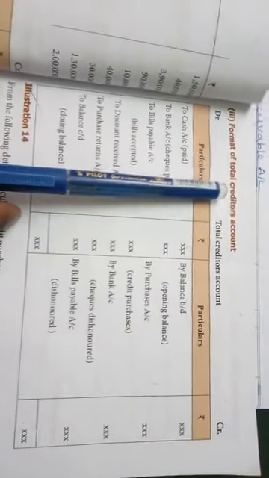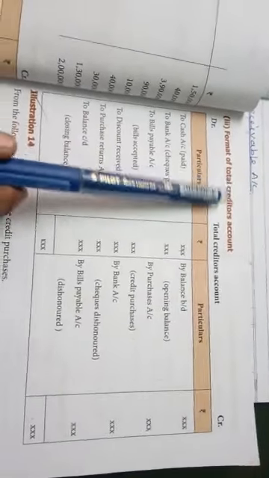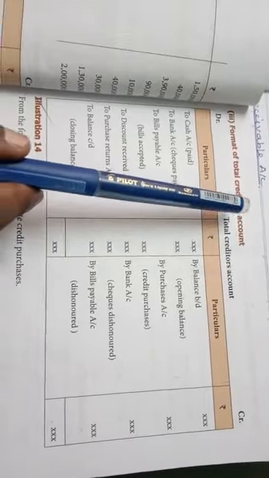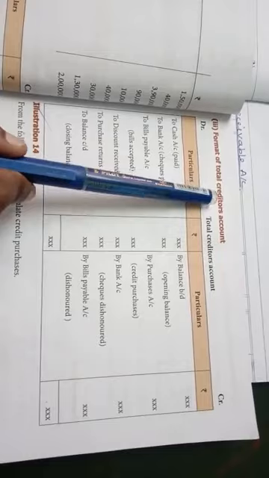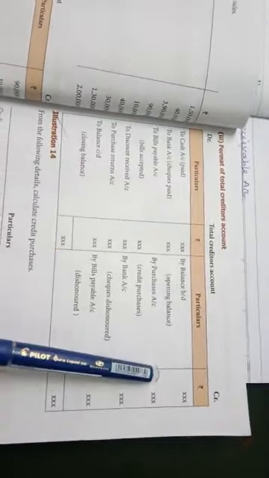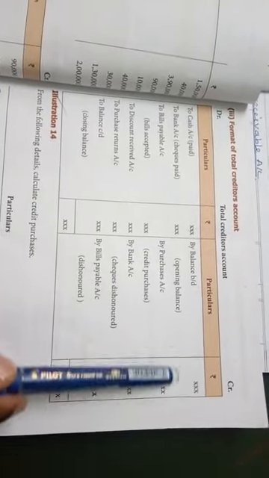First, you should know the meaning of creditor. Creditor means one who supplies goods to us without receiving money. That person is known as a creditor or supplier, but we promise to pay later. For the time being, the supplier is treated as a creditor. A creditor always shows a credit balance, so the opening balance appears on the credit side as balance brought down.